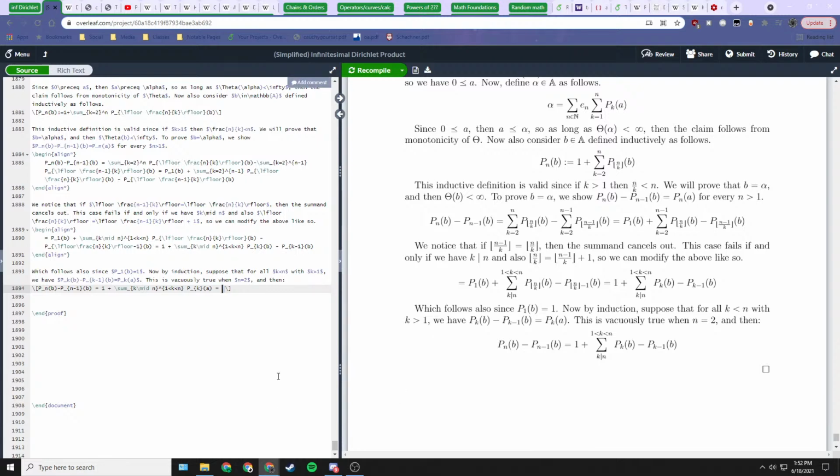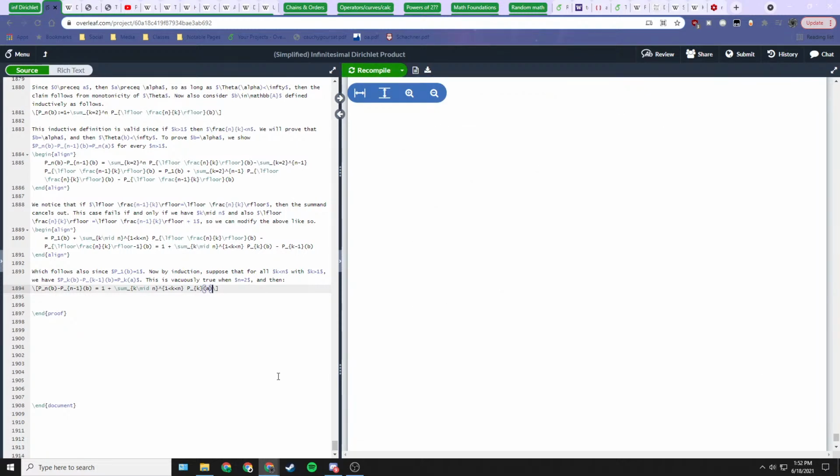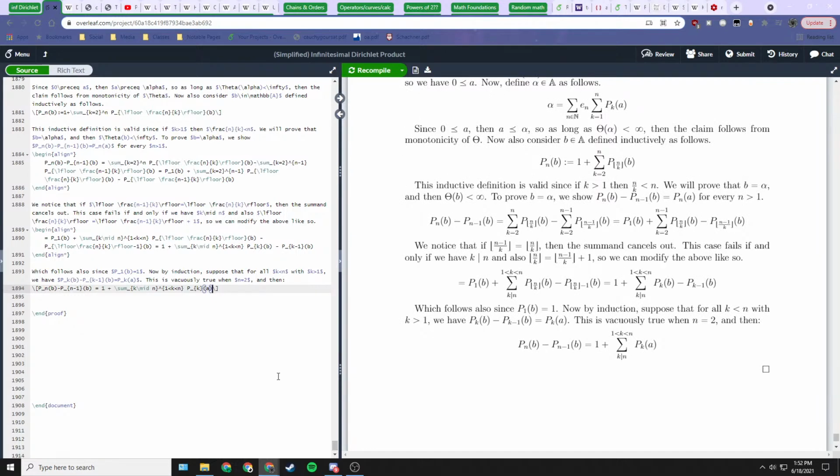oh wait, hold on, that's not correct. Let me think on that. Oh yeah, actually this is fine, okay. This ends up being like this, and then we want to expand this out. So this is equal to 1 plus, or rather 1 minus, we have p sub 1 of a minus p sub n of a. So we have the top and bottom, 1 and n. And then we add the summation over k dividing n of p sub k of a